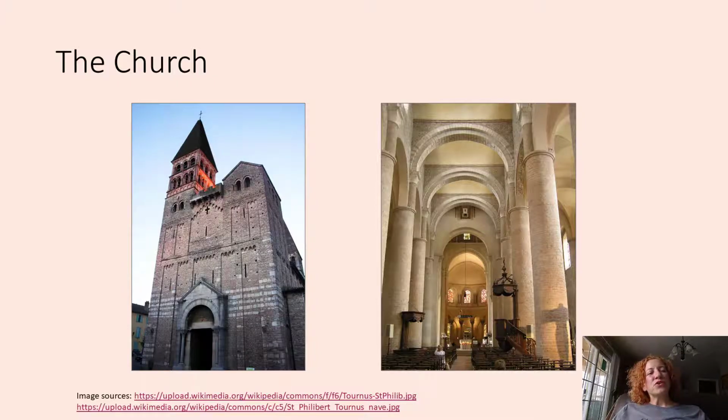So if we're looking at this church and it's got these beautiful vaulted ceilings, what instruments are going to sound best in this kind of space? Well, the answer is mainly a cappella vocal music. So most music in the church was a cappella until about the year 1000, and then organs and bells became more common. So, vocal music, a cappella.